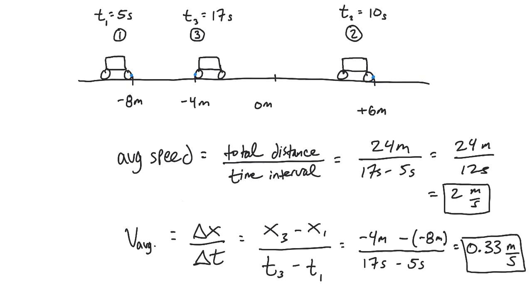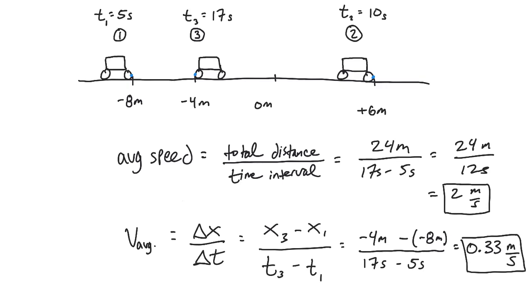And it ends up giving us different numbers here. And you can see if you wanted an interpretation of, on average, how fast was this thing going, average speed would be a better quantity for that. In this case, average velocity doesn't really help us all that much. It's a number kind of close to 0, and we were going in the positive direction for a certain amount of time, and then we turned around and went in the negative direction. And so those direction changes are playing a role here.